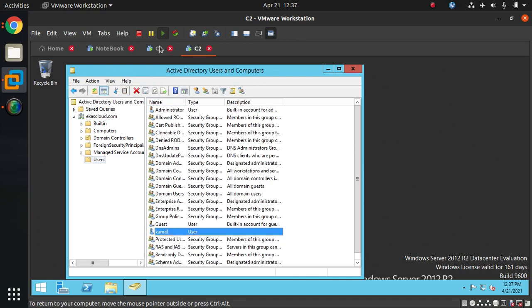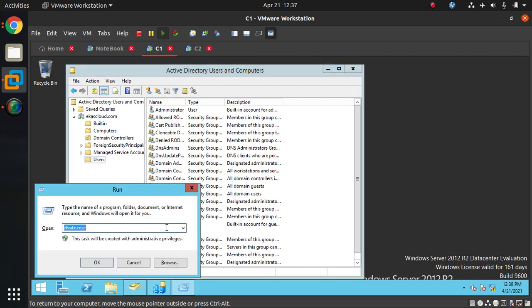Now you can find the replicated object. In C2 you have the Kamal user account. You understand how it's replicating. If you create a user account here, that will also replicate to this, which means both domain controllers will have the same copy.